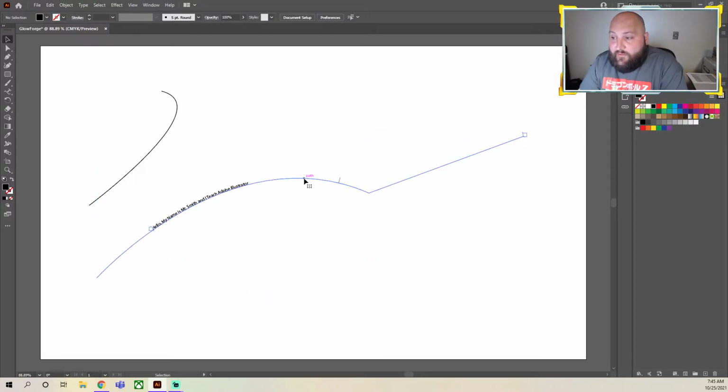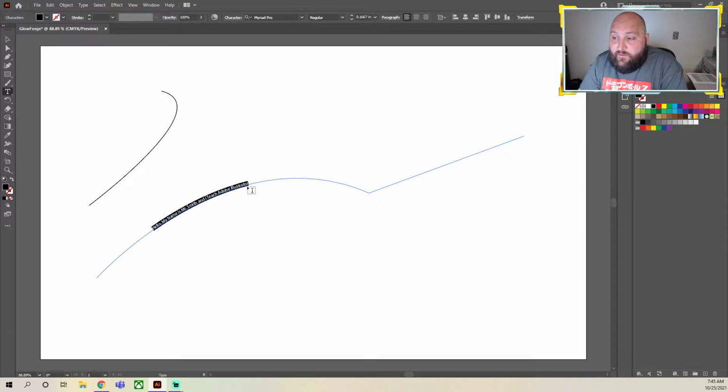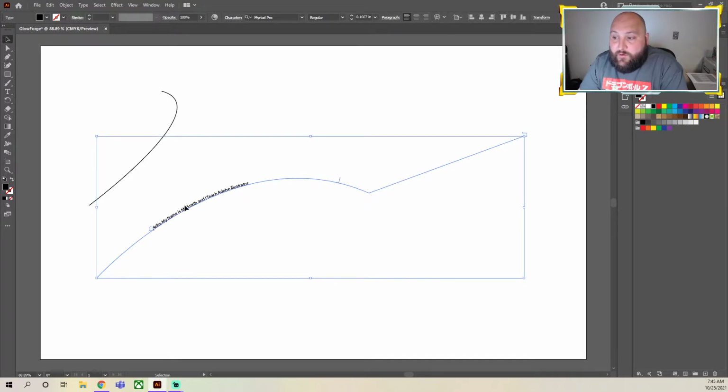You'll see here, once I finish typing, it actually makes the curve disappear. I can click on it again, and you can kind of see it. But what's cool about this is if I take my direct selection tool,